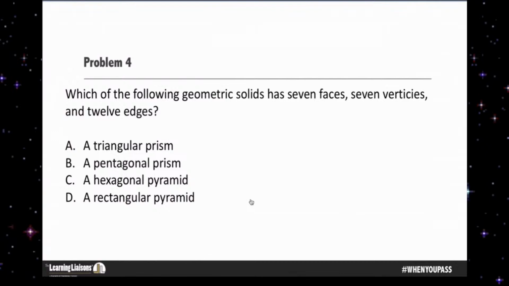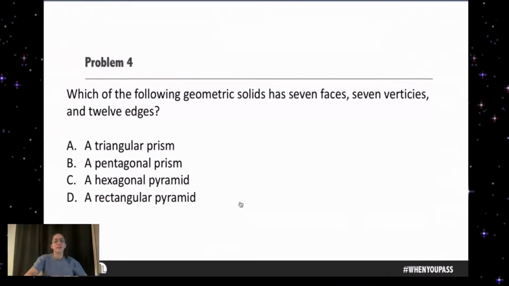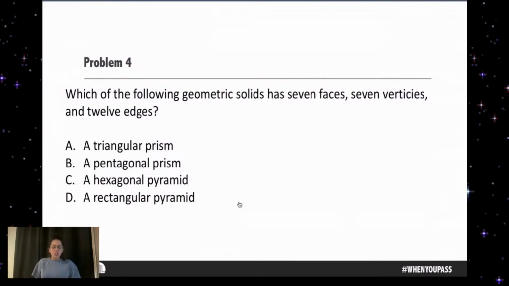Which of the following geometric solids has 7 faces, 7 vertices, and 12 edges? 7 faces, 7 vertices, and 12 edges. All right. So before we can just dive into this, we really need to understand the quick difference between a prism and a pyramid. So a prism